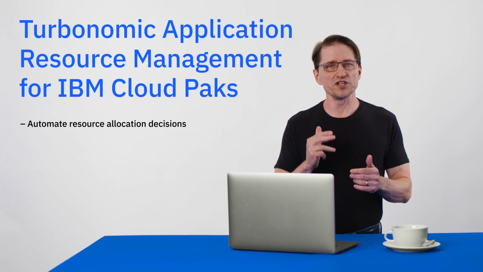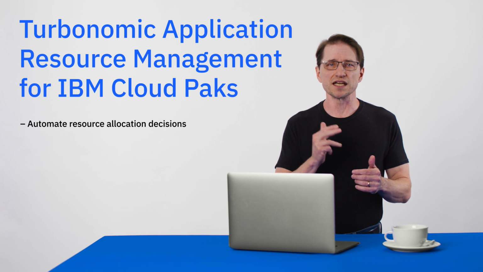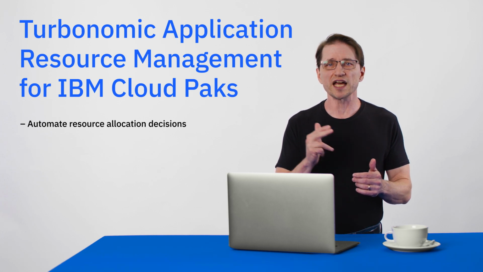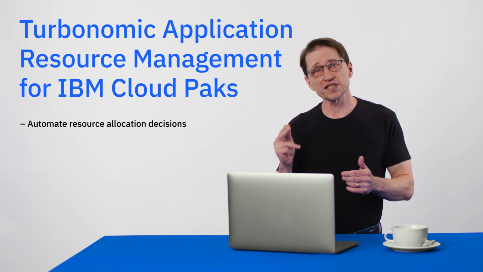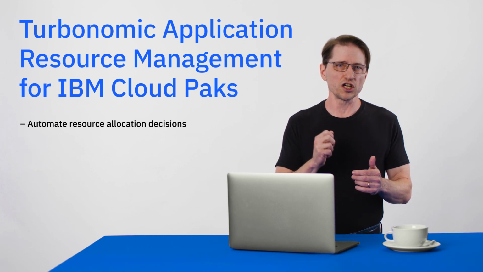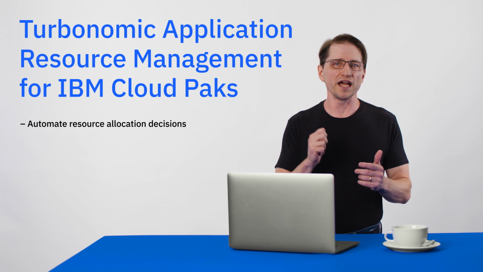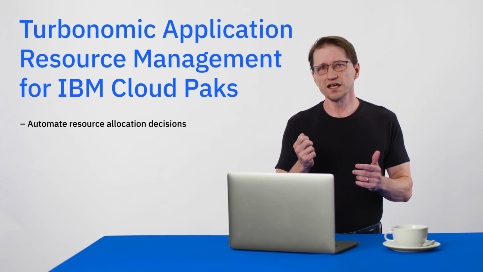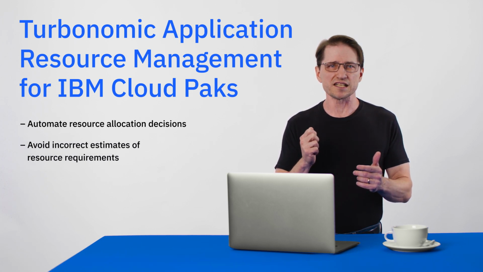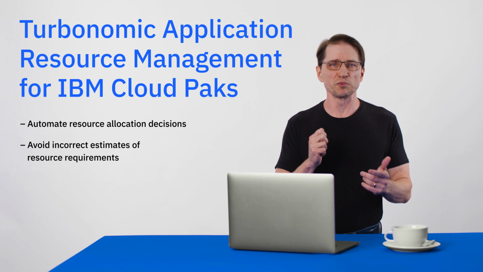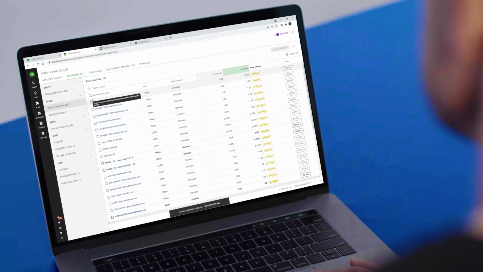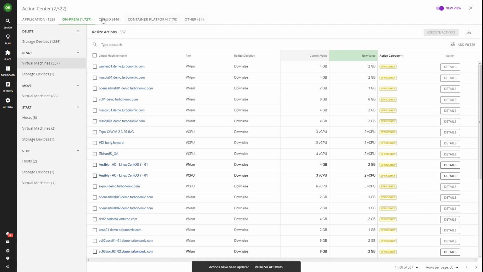By automating resource allocation decisions based on data like application transactions and application CPU or application heap, not just large-grain metrics like container RAM usage. That's the secret sauce of the ARM-APM combo. It can avoid the mistake of incorrectly estimating resource requirements that lead to performance problems. The Turbonomic proposed actions shown here are fundamental ARM decisions, independent of the underlying technology.